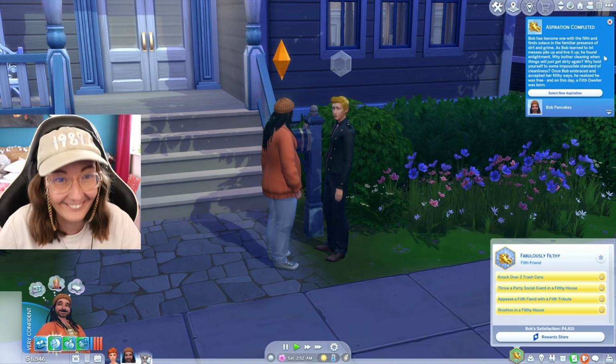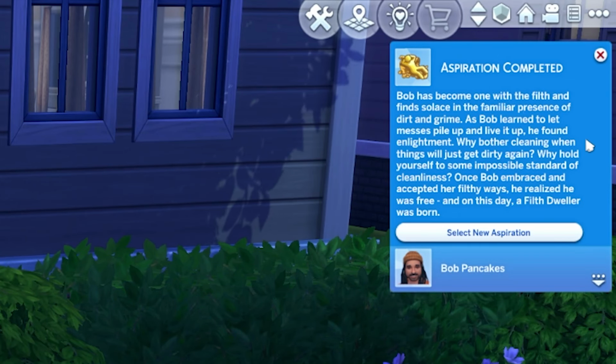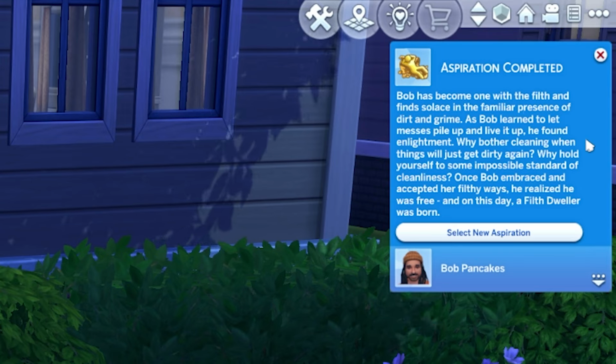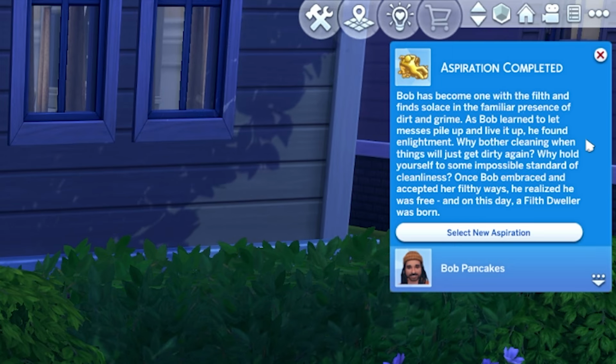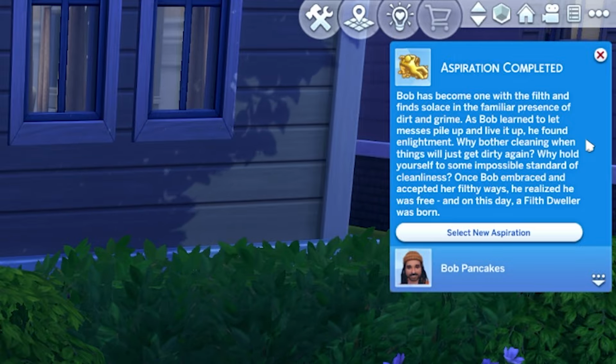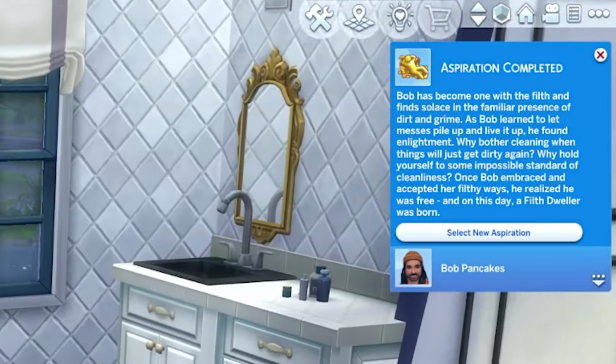We didn't even woohoo. Bob has become one with the filth and finds solace in the familiar presence of dirt and grime. As Bob learned to let messes pile up and live it up, he found enlightenment. Why bother cleaning when things will just get dirty again? Why hold yourself to some impossible standard of cleanliness? Once Bob embraced and accepted his filthy ways, he realized he was free, and on this day a filth dweller